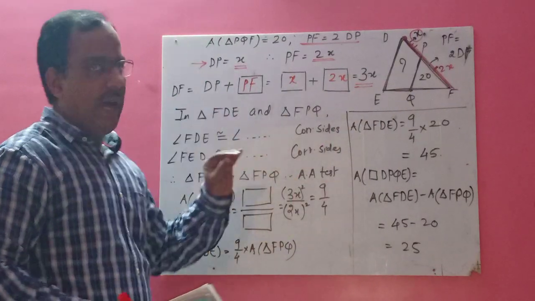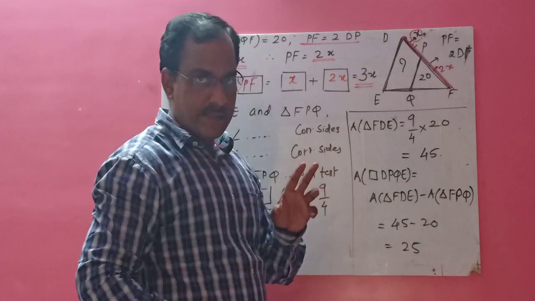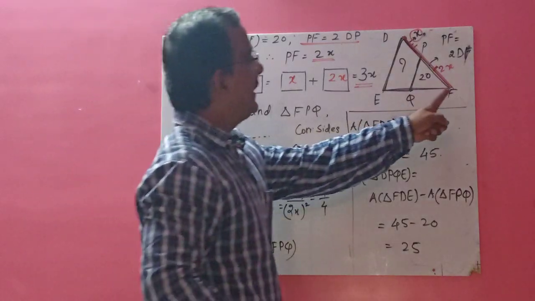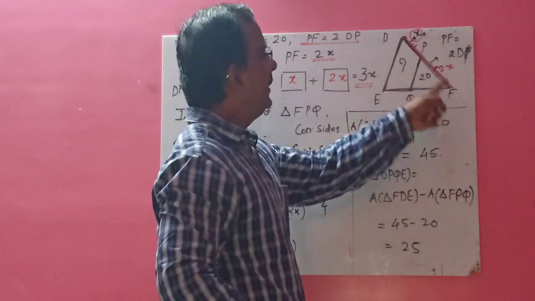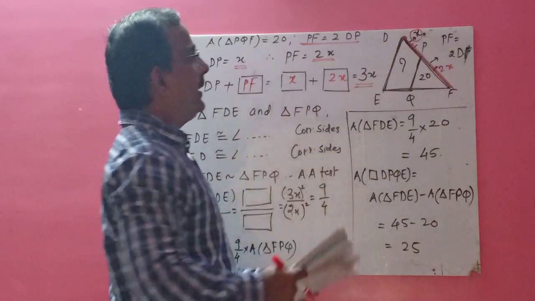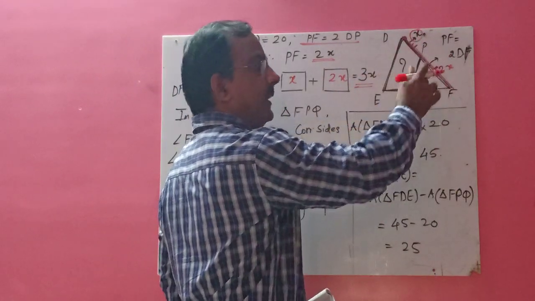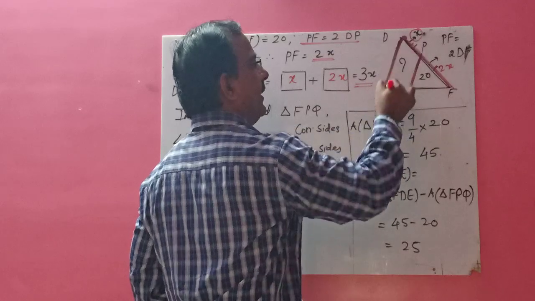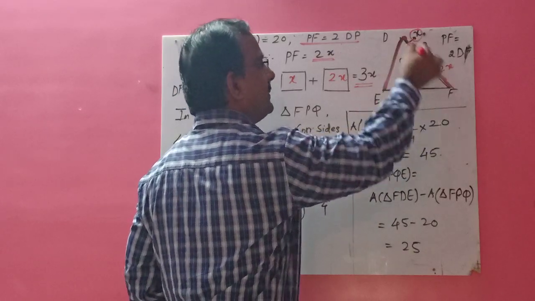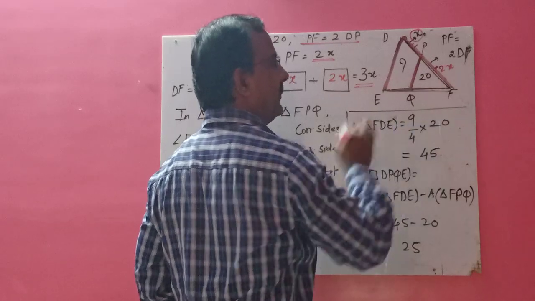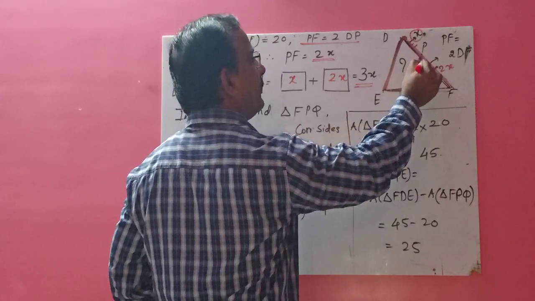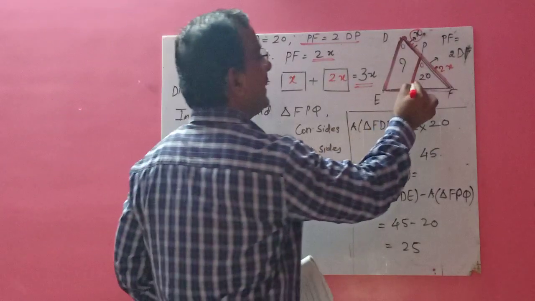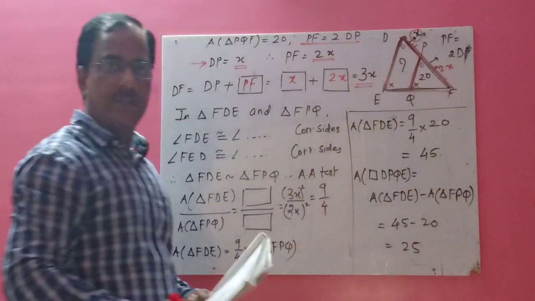Simple. After that, take 2 triangles. One is the bigger one, FDE, and the second is FPQ, this smaller one. Why these 2 triangles? Because it is already given that this is parallel to this. If these 2 are parallel, then this line becomes the transversal, and this line becomes the transversal. And if these 2 are transversals, children, we can say that these 2 angles are congruent. The reason is corresponding angles. Similarly, we can say that these angles are congruent. Again, the reason is corresponding angles.